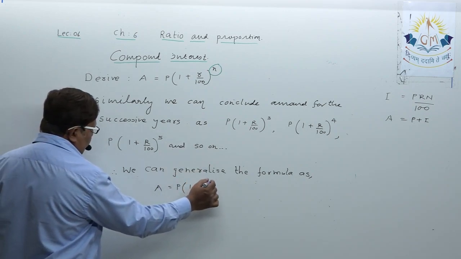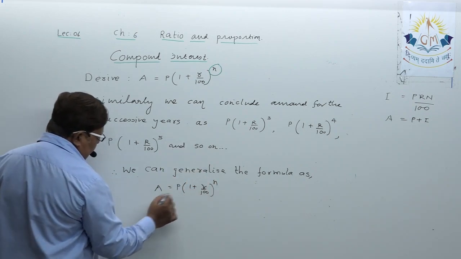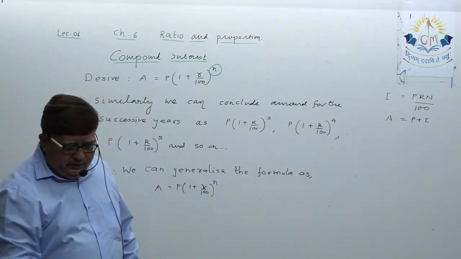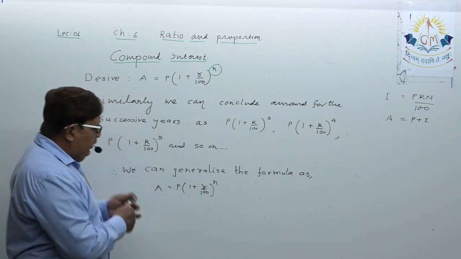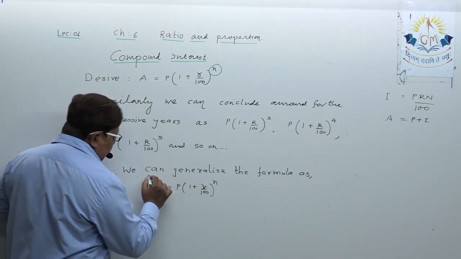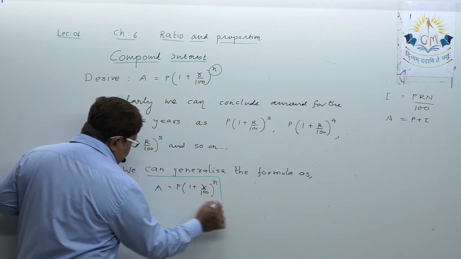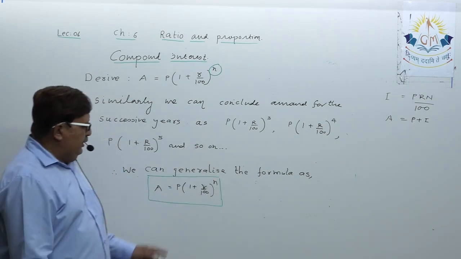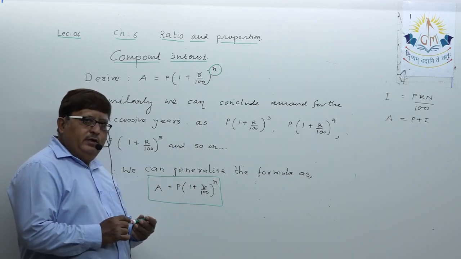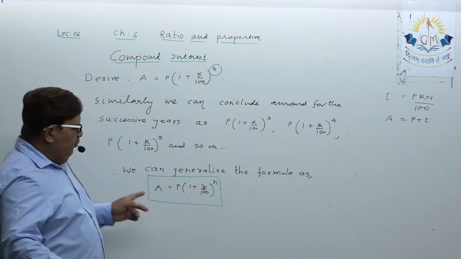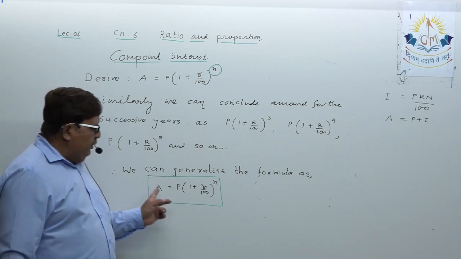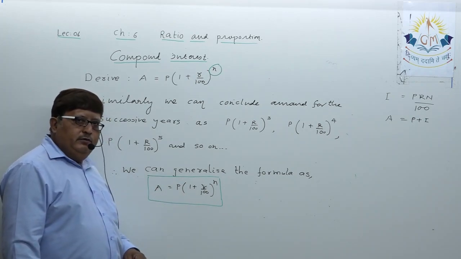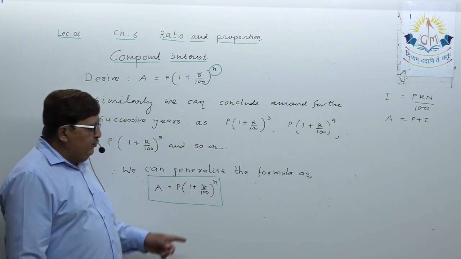You understood, dear student? So this is very important. Rather than just applying the formula, I want you to have the knowledge of how you get the formula. This is the formula for compound amount A equal to P into 1 plus R upon 100 raised to n,